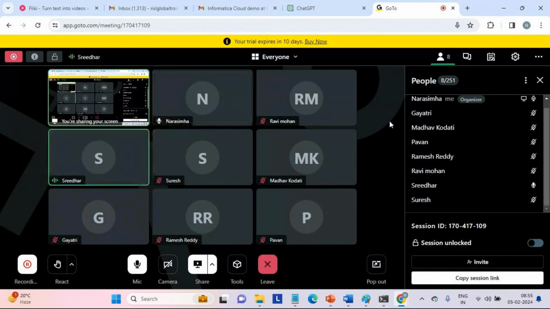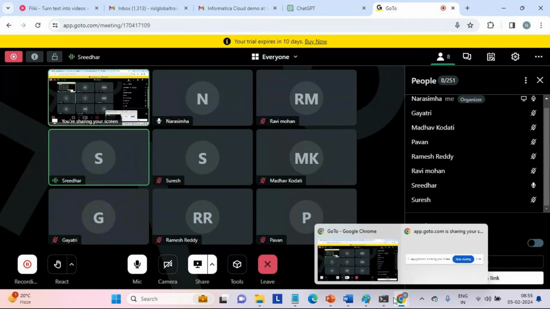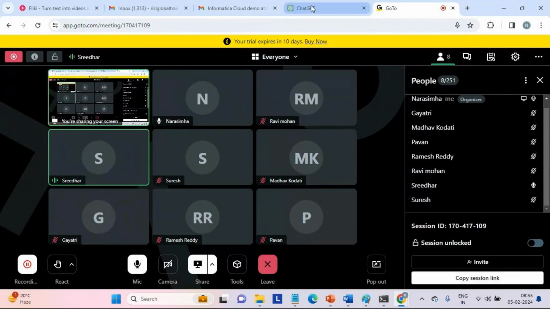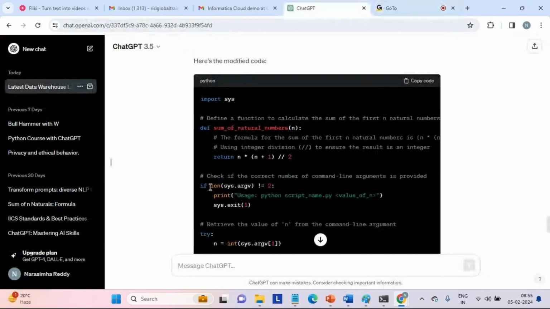For a given input, you get the corresponding result. Yes, Radha. That's why you are showing something, or not equal to true, then is it going into the exception handling, the error message? Okay, let me show. Yeah, can you see? If length means what? See, it is going to calculate the number of arguments. Number of arguments, right? If it is not equal to 2. First time we did not supply 2 arguments, right? So that's why control comes here. That's why it is showing, okay, we need to supply 1. This is a usage: script, then script name, then followed by